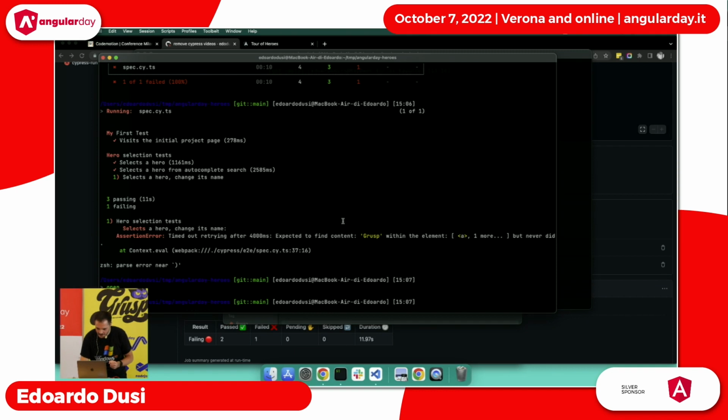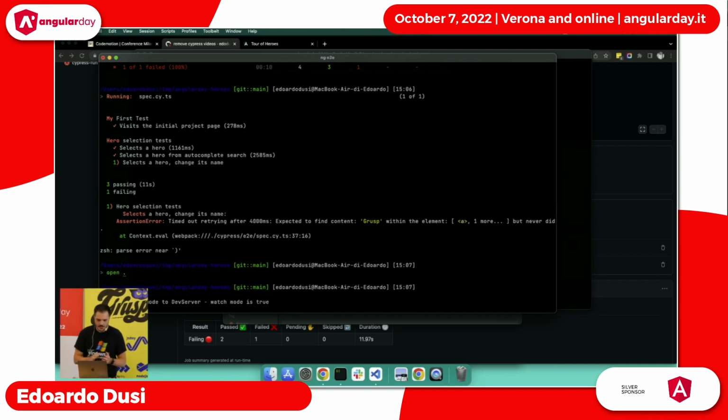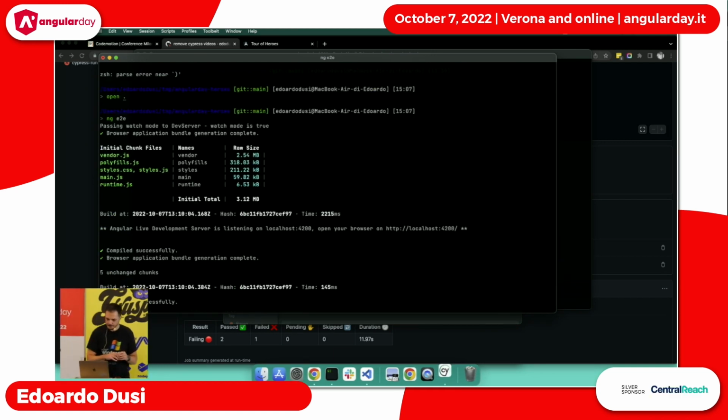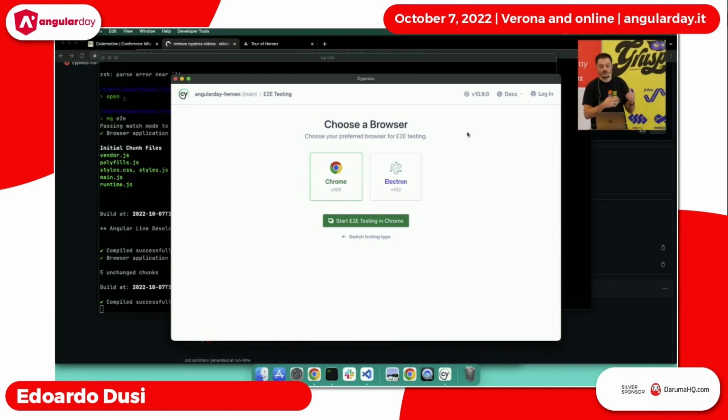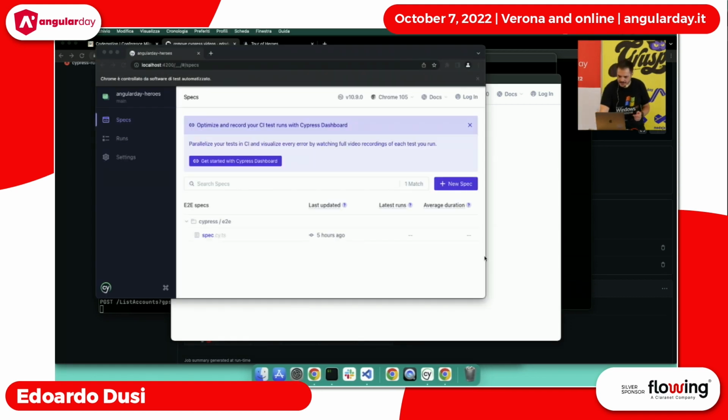And the last part is about the graphical interface that you have with Cypress. If you just run E2E without parameters, it will open this graphical interface. Of course, you can install different browsers. Here, the standard browsers you find are Chrome and Electron, if your operating system has them installed. So if you select Chrome and you start your tests,